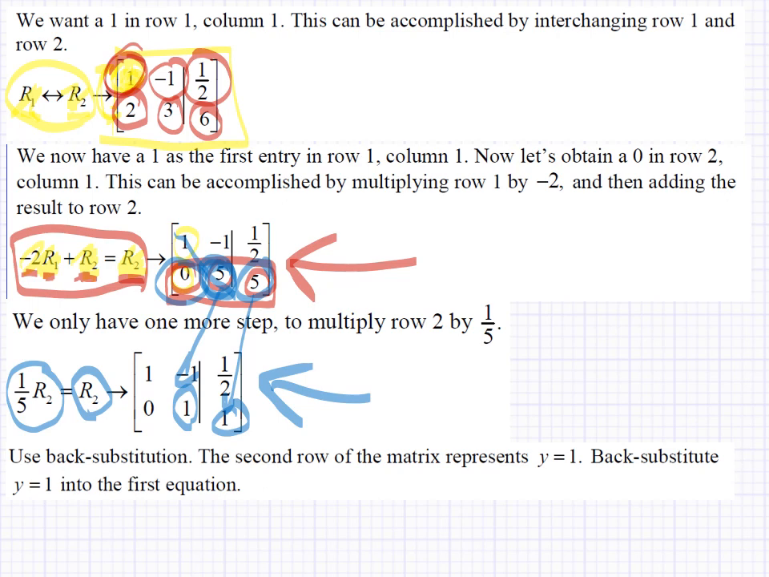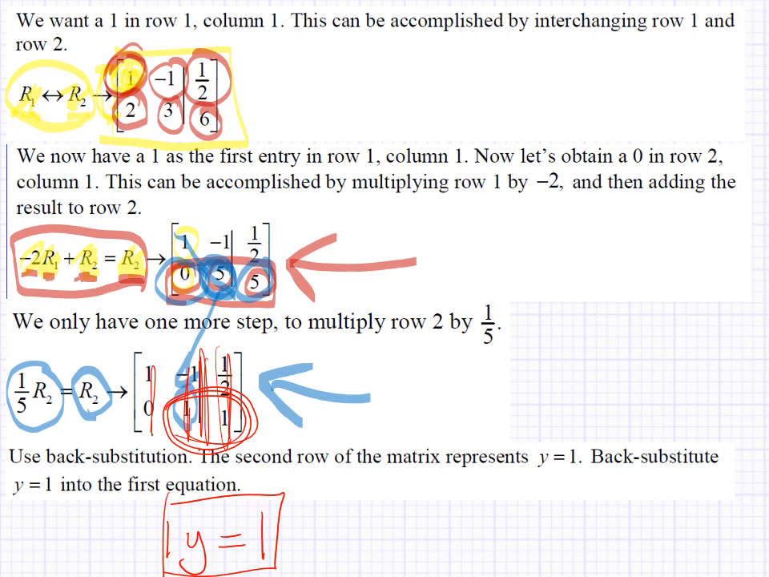That last row represents that this is my x column, this is my y column, this is my equals, and this is my constant. Simply looking at that, that's basically saying 1y equals 1, thus giving me the solution for that variable. If I then back substitute that into the first equation,